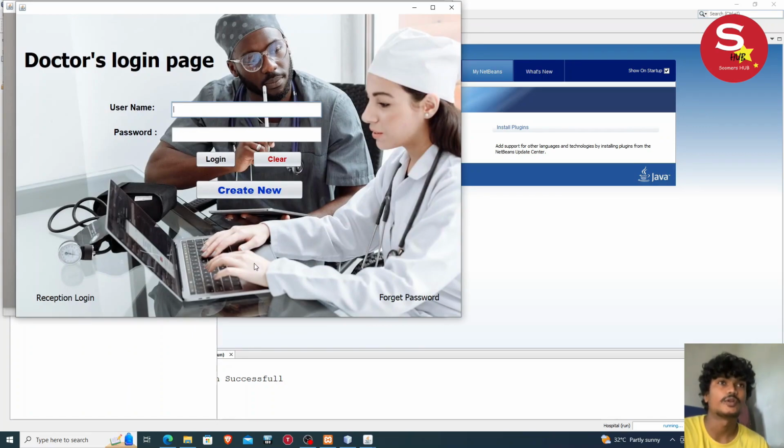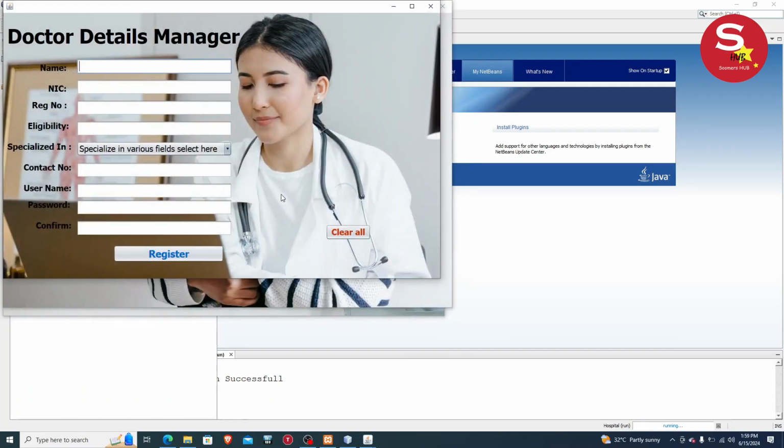Now I'm going to create a new doctor account. Doctor name is Mithun. NIC number, then register number. Eligibility, yes. Specialized in